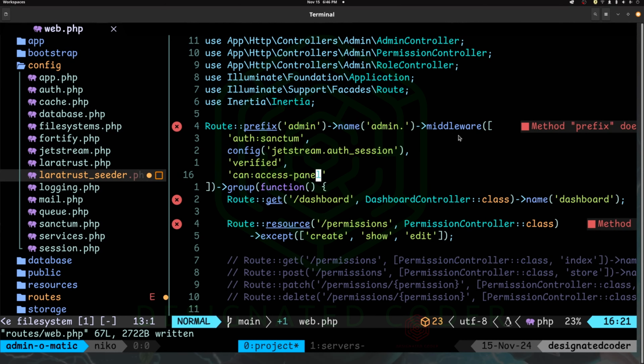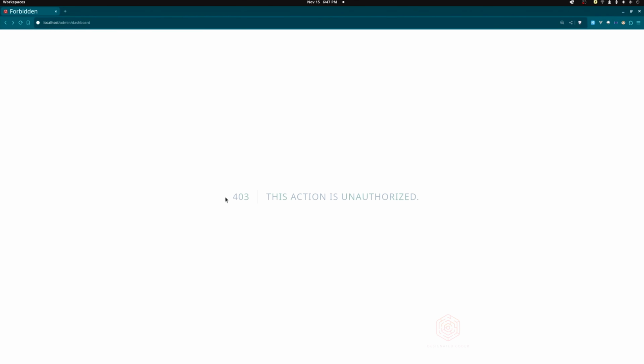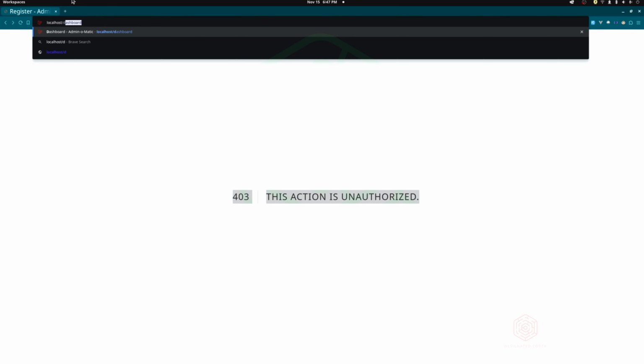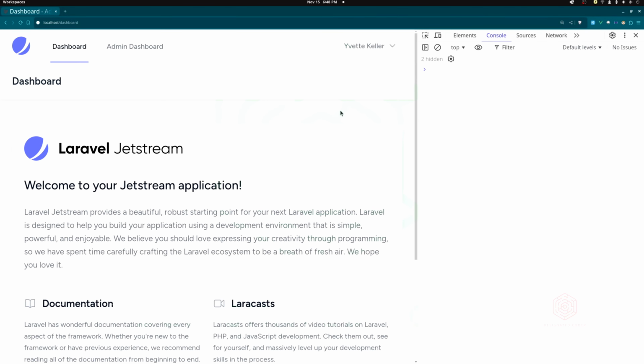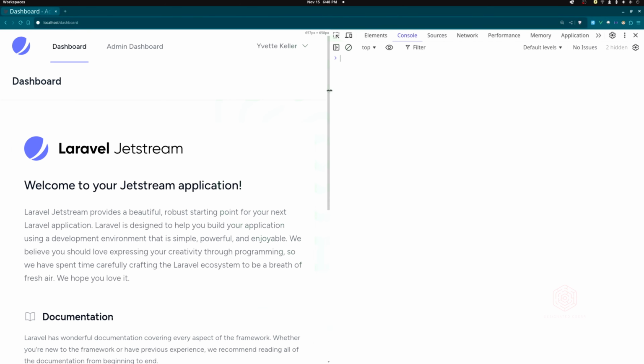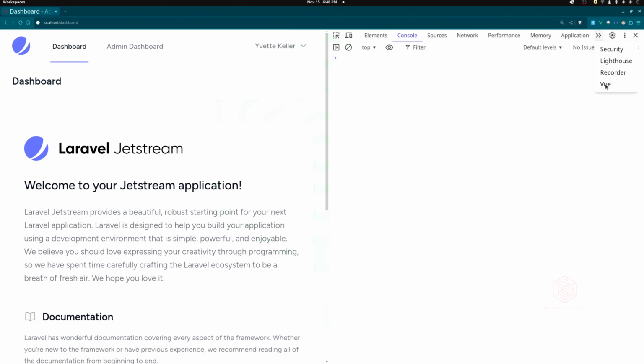We'll go to the browser and see if we can still be on that page. Okay, so now we're getting the 403. This action is unauthorized because this standard user is no longer authorized to access this. Let's go back to the dashboard and let's see how we're going to work on this. Because we're using Inertia, Inertia has a very specific way of handling this sort of a thing. And if we open up the inspection tools and we go over to the Vue Dev tools,